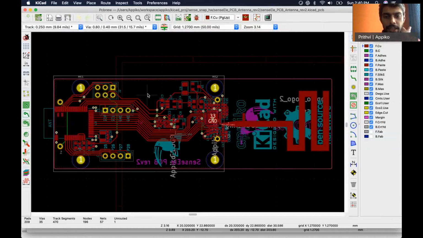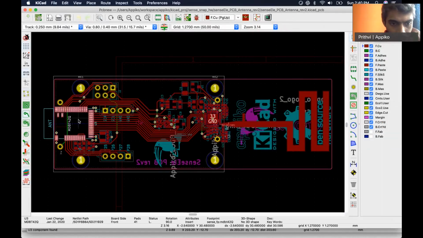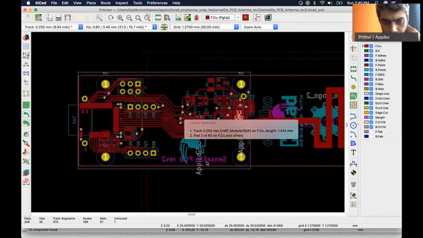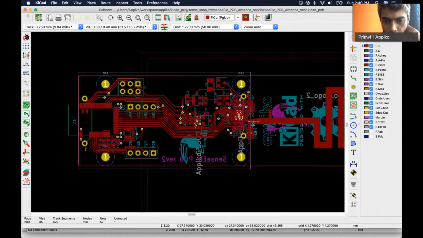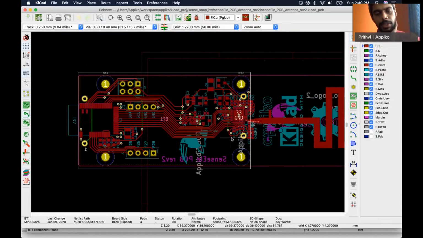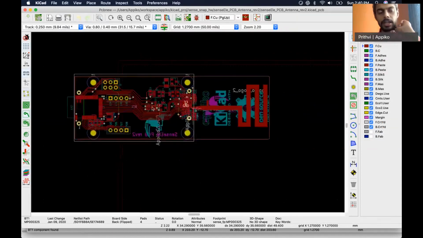Here you can see again, there are various parts of this system. One is a Bluetooth module. There is an accelerometer, a Hall effect sensor, and a long range RF transmitter. So in this particular case, main consideration had to be given to the long range RF transmitter because that was the most critical part of the system.